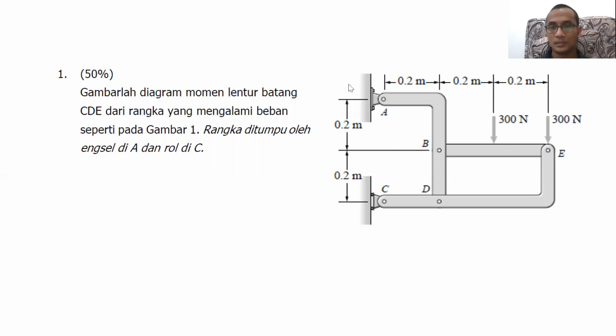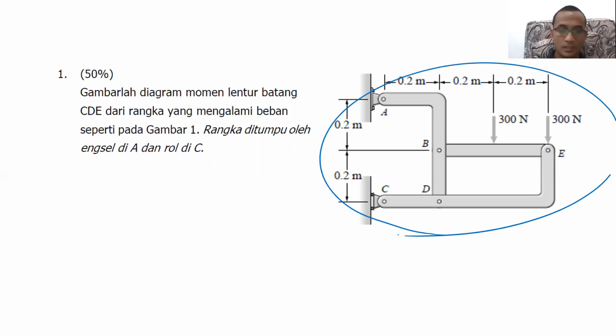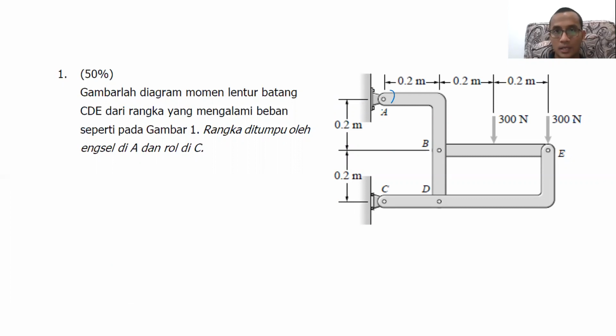So basically, the thing that we have to solve is this particular case, where at A there is a pin, at B there is another pin, at E there is another pin, at D another pin, and at C here is a roller. So at C it's a roller. That's the case that we have to solve. And one more thing, the one that is in question here for this particular problem is